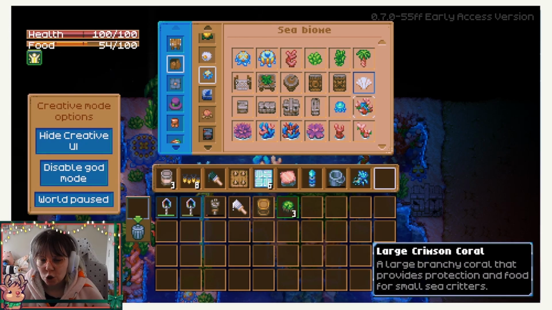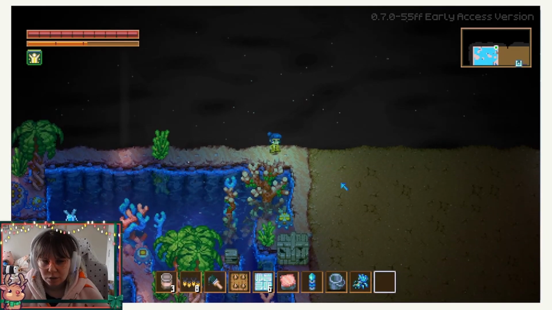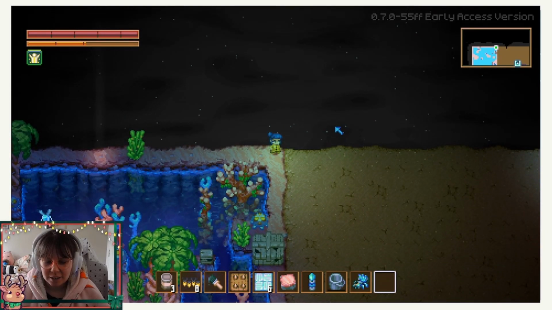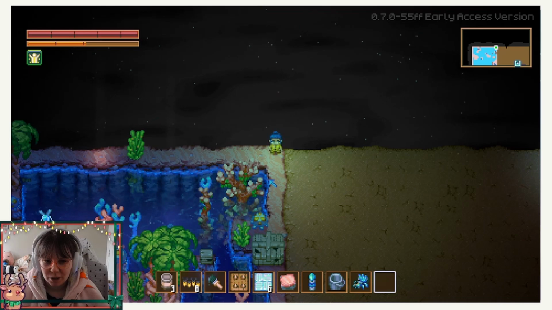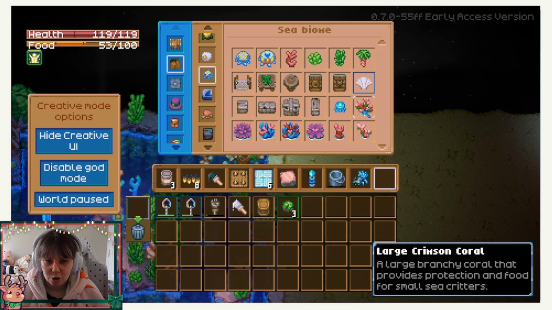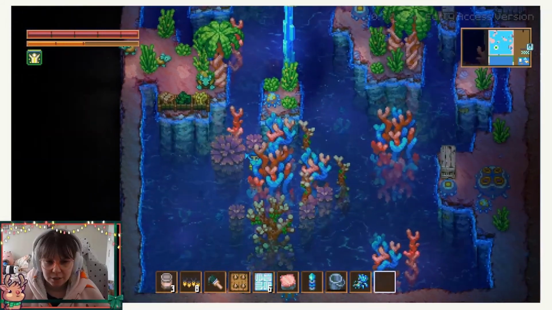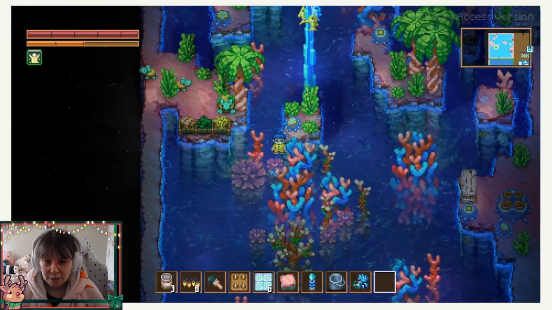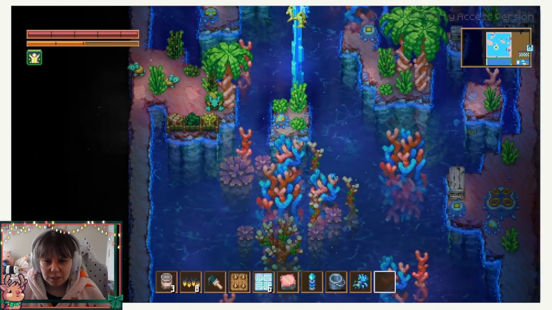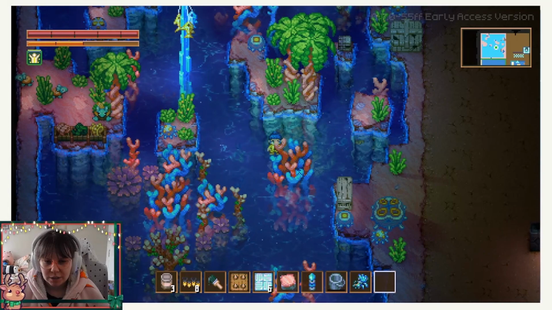So large crimson coral, that is this one over here, which if I put on my good one, yeah, okay, so this is also a new hairstyle as well, and new armor that we have here. So this is the large crimson coral, and then the large dish coral is down here. This is what it looks like here, and then this is the small dish coral here. Then the bicolor coral is this small one here, and then the large bicolor coral is this one, and then we've got large,